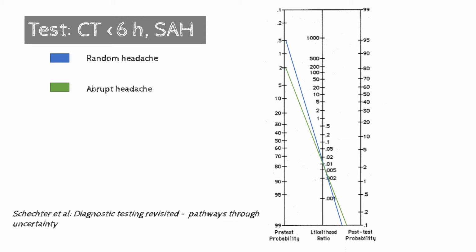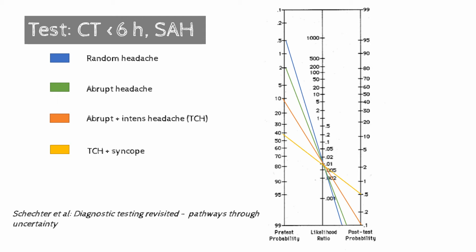Okay, so what if you have an abrupt headache? Well, the pretest probability is a bit higher, but not that much higher. And with an abrupt and intense headache, then you have the diagnostic criteria for a TCH, a thunderclap headache. If you have the case that I just presented, the TCH plus a syncope, then you will have a higher pretest probability, and further if there are focal neurological signs. Here we're only looking at the risk of subarachnoid hemorrhage, right? Even though you might say TCH, syncope, and focal neurological signs give only a post-test probability of maybe 2.5–3% of this being a subarachnoid,